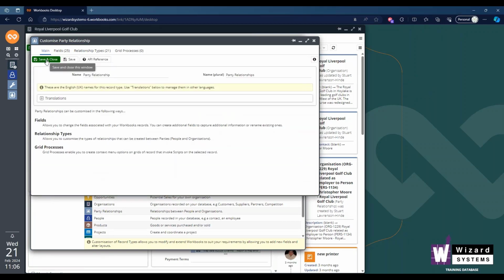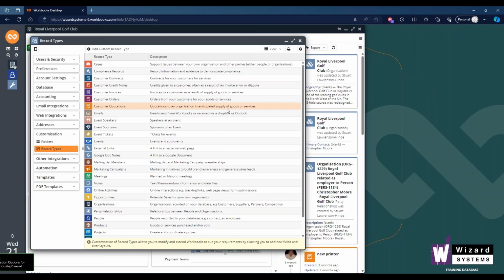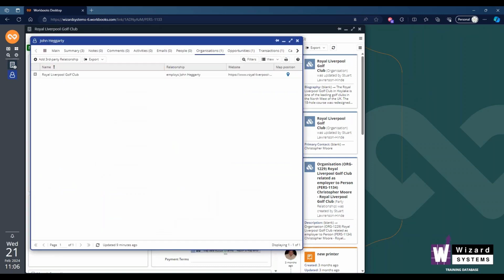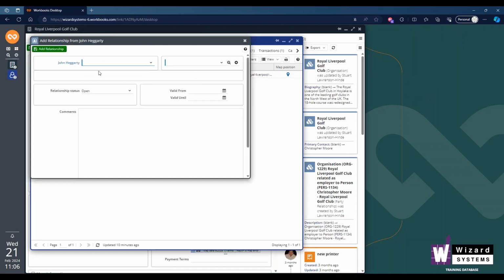I can save and close this screen and go back to where I started with John's record. So this time we go back in and we say third-party relationship, John Hegarty,